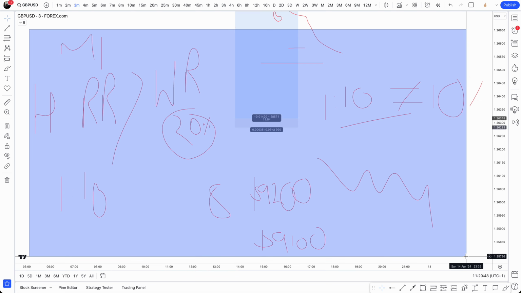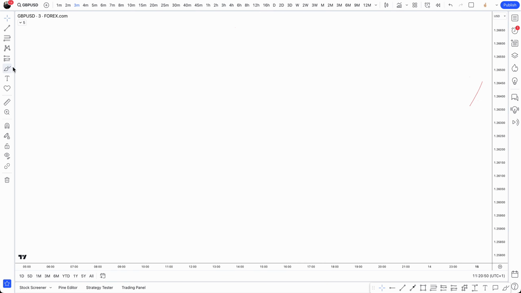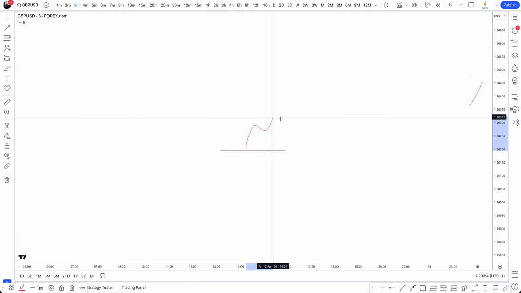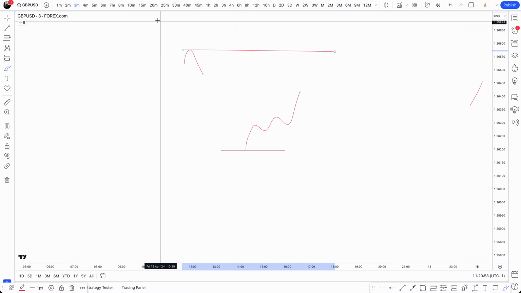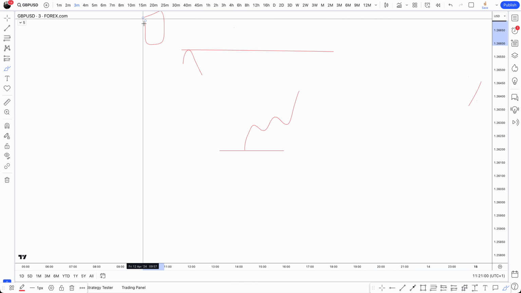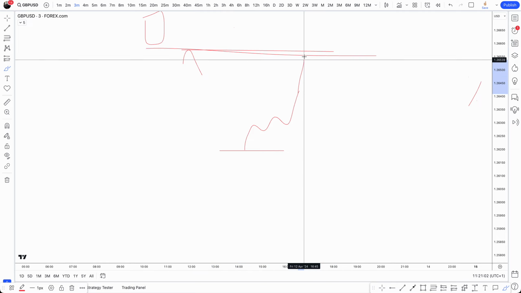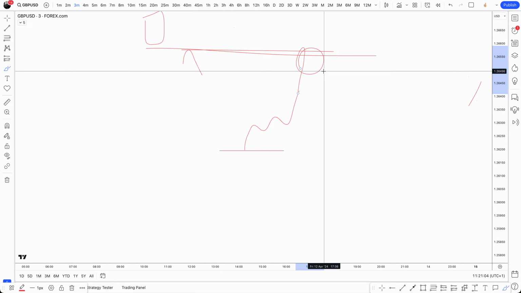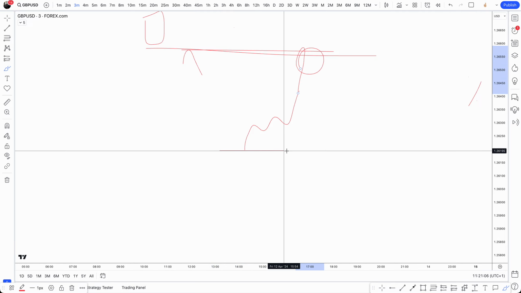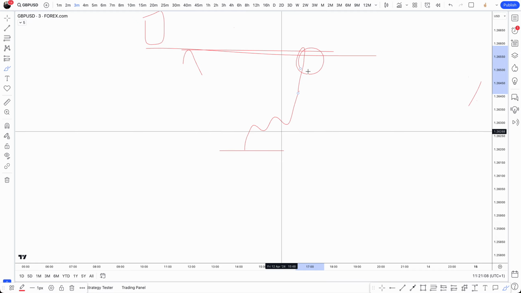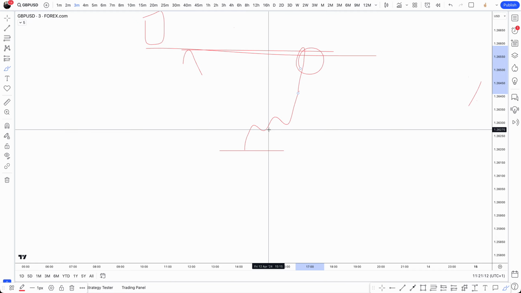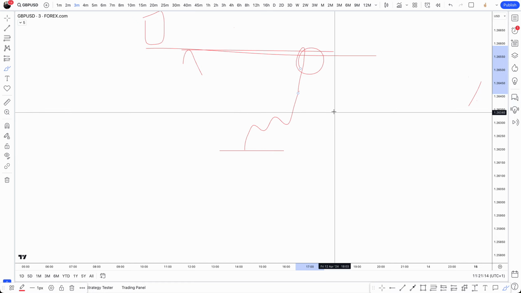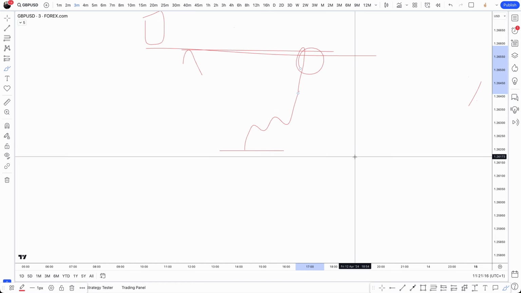If you're trading M1, you ideally need to be targeting the next M1 high. Let's say you're in a buy, you ideally need to be targeting the next M1 high, which will be over here, or the next M1, say, or M5 POI over here, or M15 maximum. And that's it, right? And that would probably be a 1 to 2, 1 to 3, 1 to 4, 1 to 5 at a push.